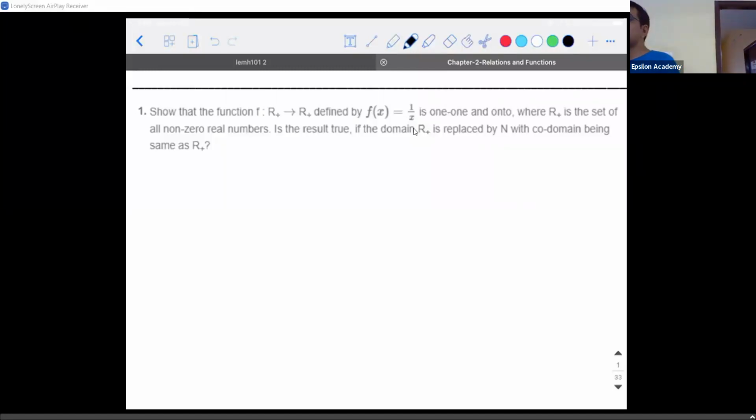So R plus to R plus, where f of x is equal to 1 by x, is 1 to 1 and onto. So we are supposed to prove that it is a 1 to 1 function and an onto function, where R plus is the set of all non-zero real numbers. So non-zero real numbers means